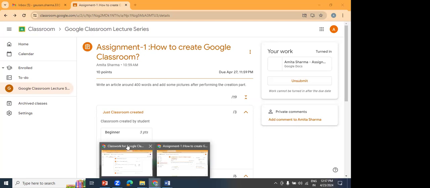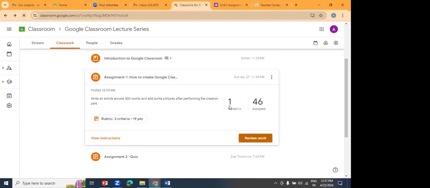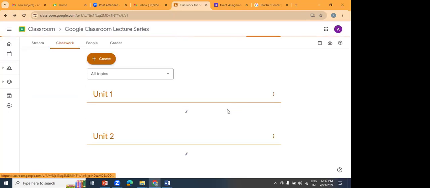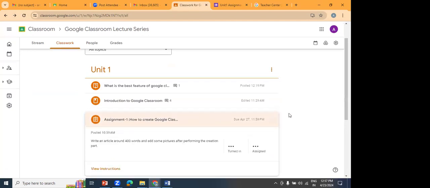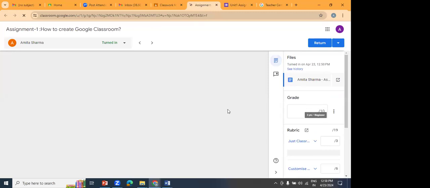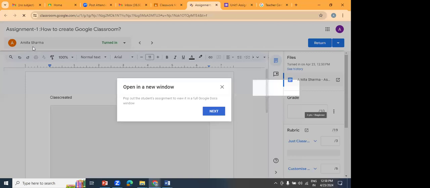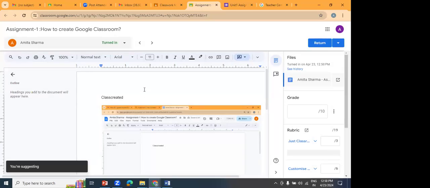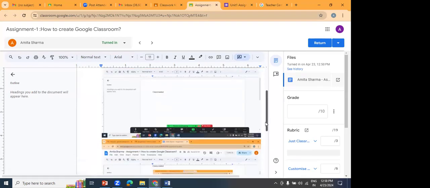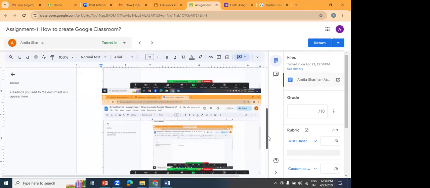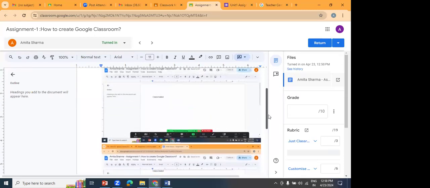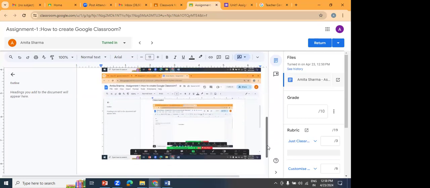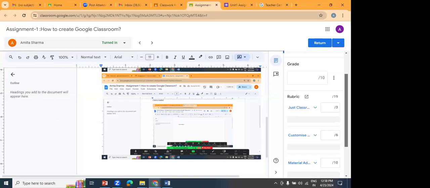So let's go back to the teacher panel. I'll refresh it and see, now there is one response I have received. I'll just view the work. Here the name of the student is appearing. I can read the assignment, the article which the student has written, and also the screenshot which has been pasted on the article. So in this way, a teacher can review the article, and on the basis of reviewing, it can give the